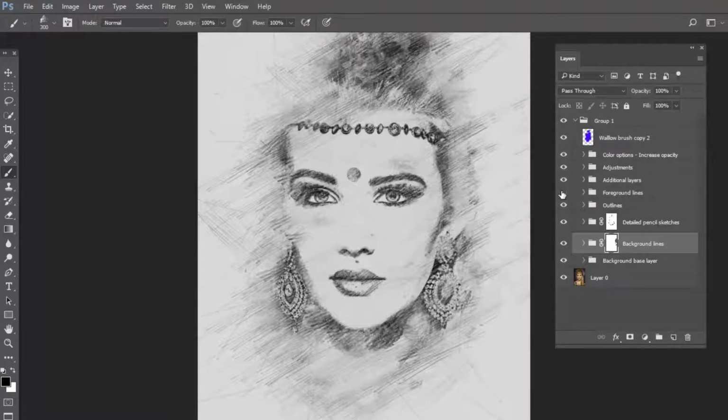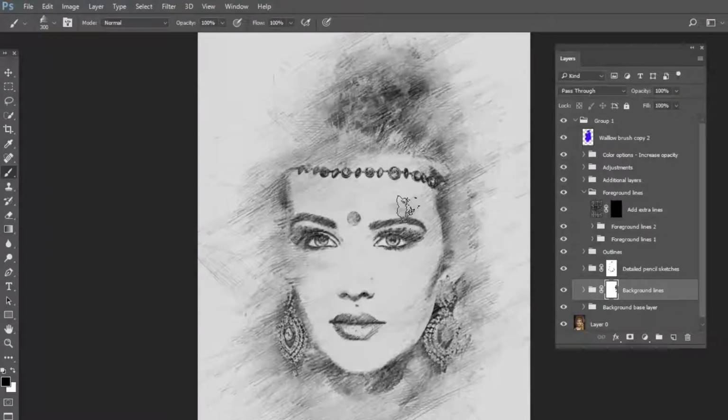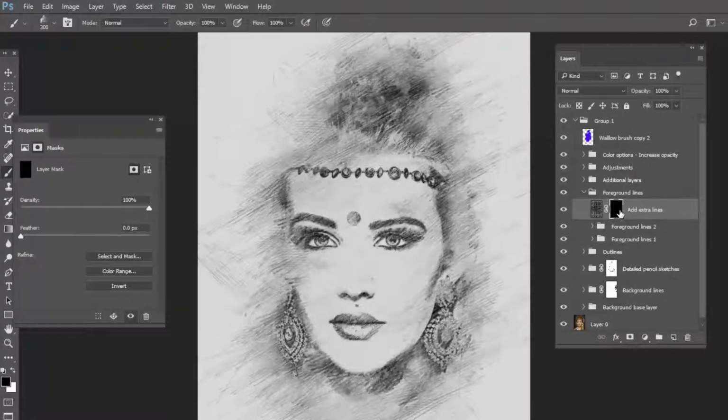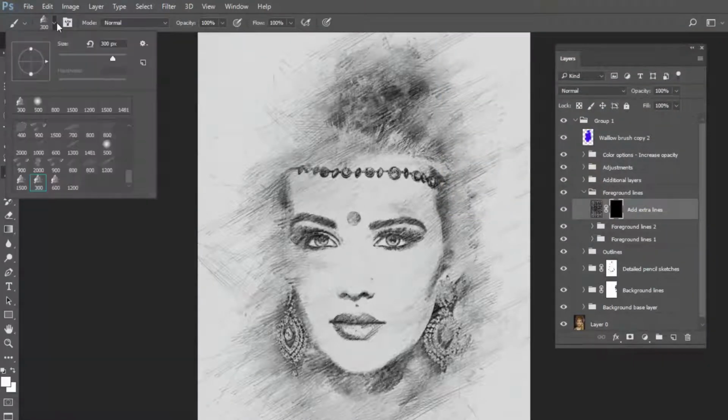Now there is foreground lines. Inside the foreground lines, there is a layer, add extra lines. This layer helps us to add any extra pencil sketch. If you want to make more shades or add more pencil lines, you can simply brush inside this layer. You need to brush inside this mask area with white color. By doing so, you can simply add any extra pencil lines or sketches. So I will show you how to do that. For that, select that add extra lines inside foreground lines. So select that mask area, and select white color, and you can select any pencil brushes from